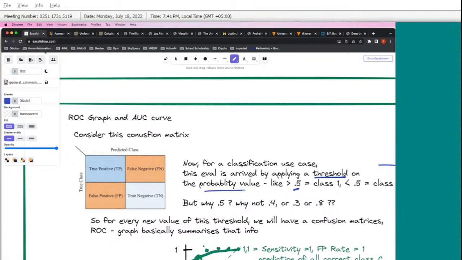But the thing is that in the case of this insulin case that was shown to us, 0.5 might not be a good cutoff, right? You might say that I need a higher cutoff, or in some cases it can be a lower cutoff, right? So how do we know what cutoff I have to use? Basically, when I'm transforming from,